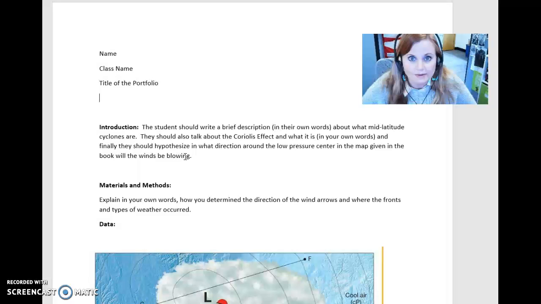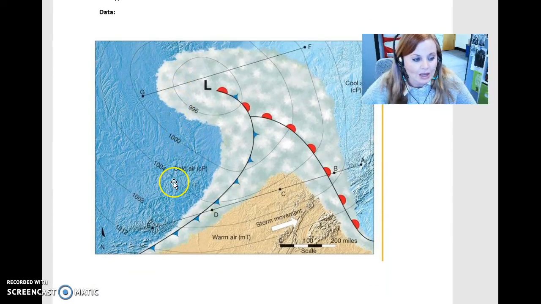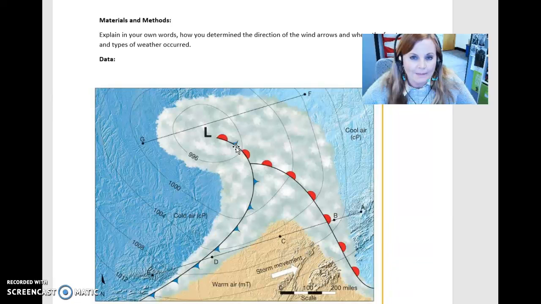You should talk about the Coriolis Effect, and in your own words, should hypothesize in which direction around the low pressure center in the map given in the book the winds will be blowing. So this is your low pressure center, and you need to hypothesize if the winds are going to be blowing, say, clockwise, counterclockwise, to the east, to the west? I mean, there's a variety of different directions that you can choose from here based on what you've read and what you know about mid-latitude cyclones and low pressure systems in the northern hemisphere,